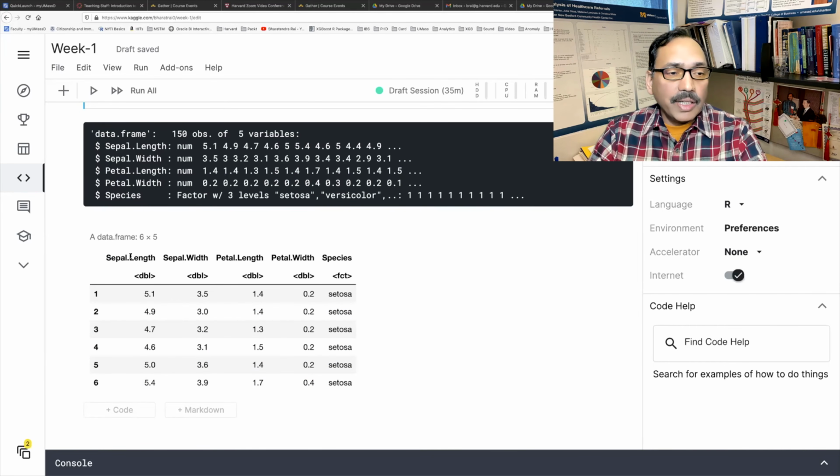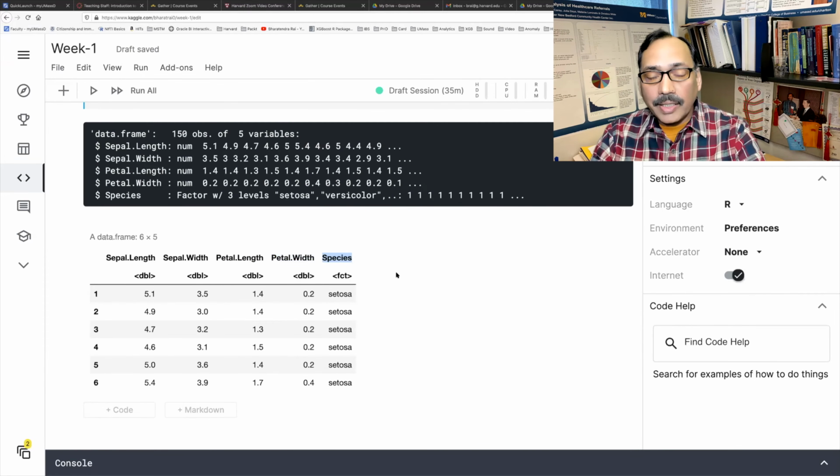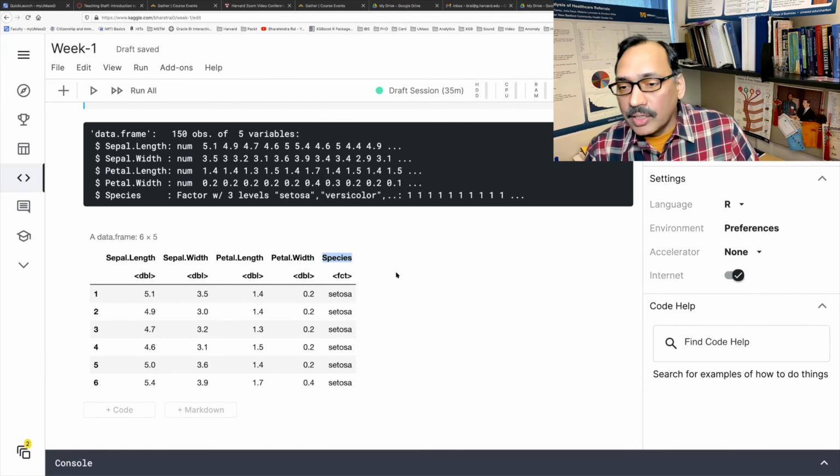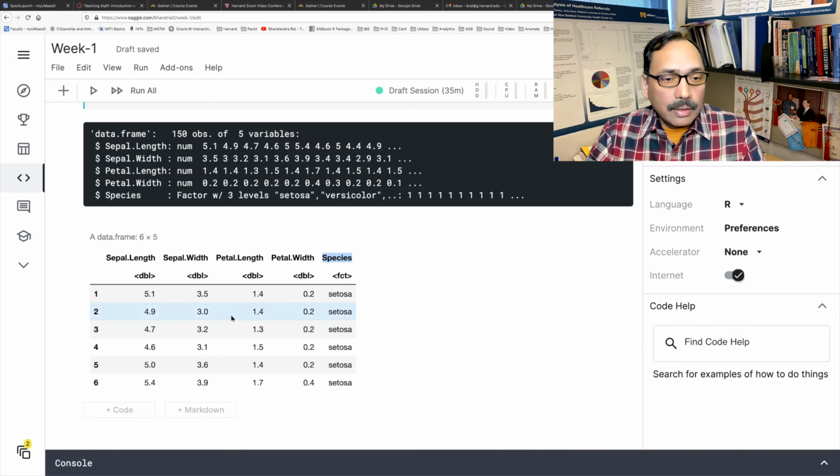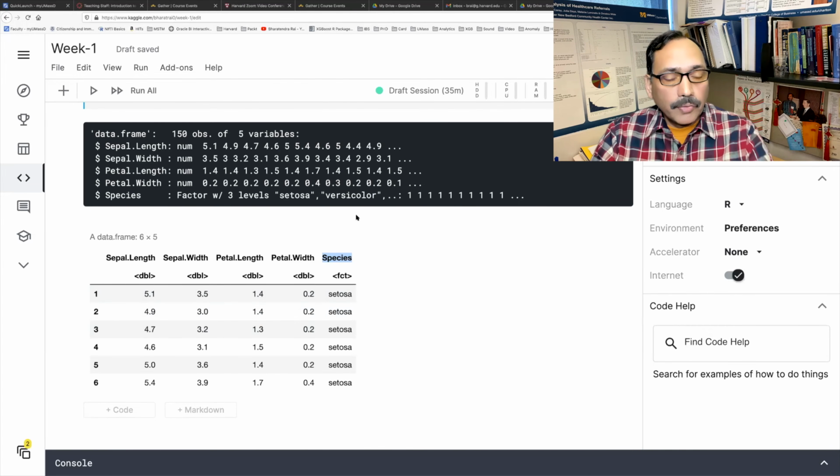So first variable is sepal.length, then you have sepal.width, petal.length, and then you have last column, which is basically species of those flowers. So last variable is a factor variable, all others are in numbers.